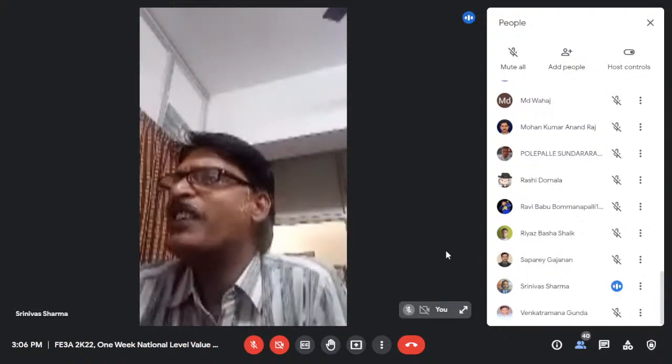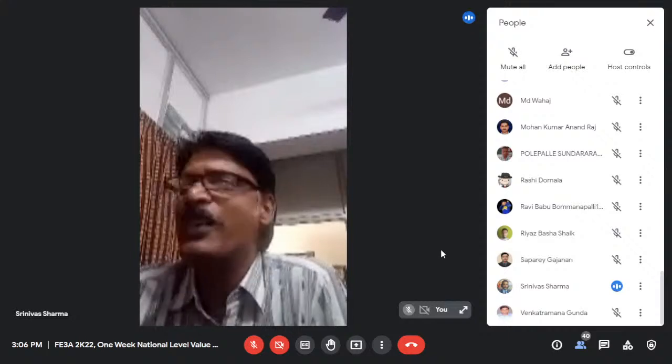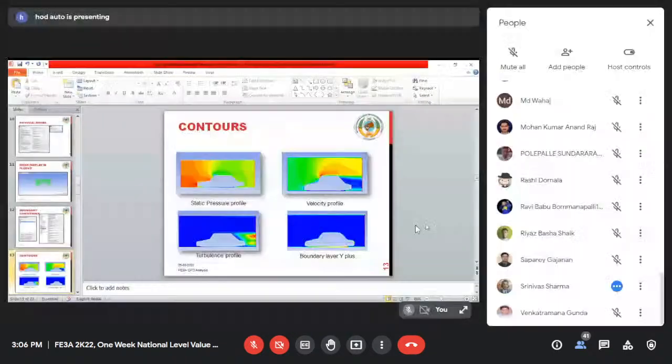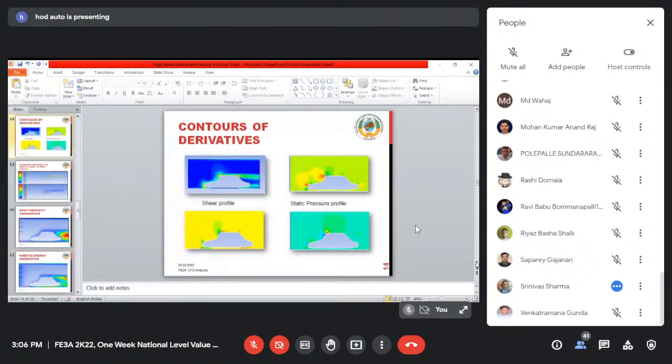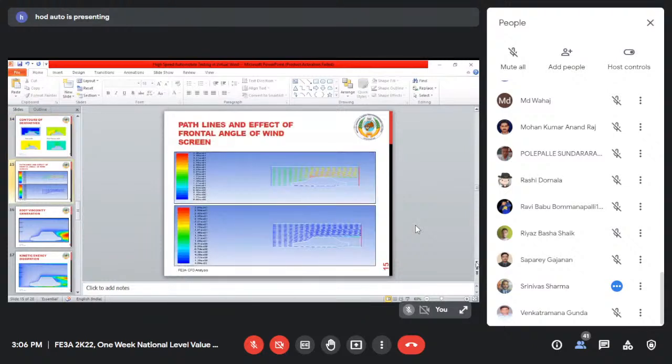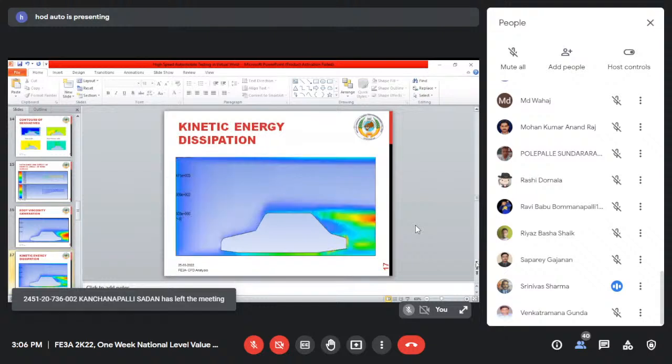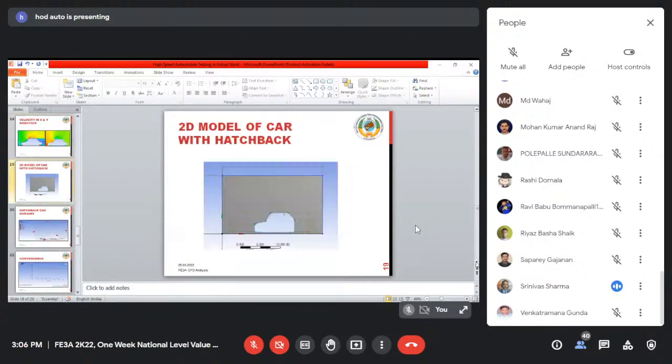My life is all moving around these windows. So this is what I was doing. This was for sedan, and whatever I did is for hatchback. Then these are the contours, shear profiles, path lines, eddy viscosity generation for your sedan vehicle, kinetic energy dissipations, velocity in x and y direction. Then I made a hatchback,